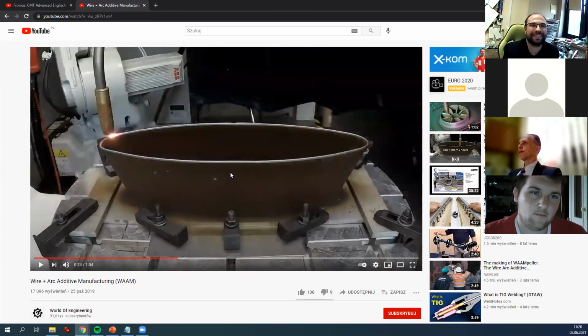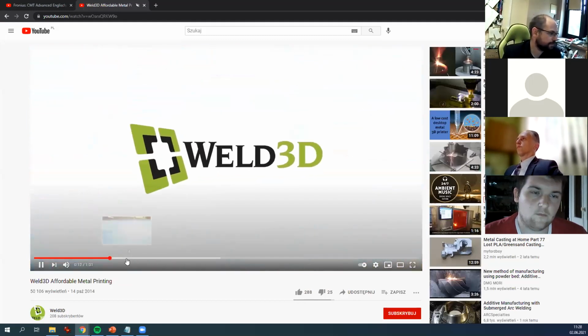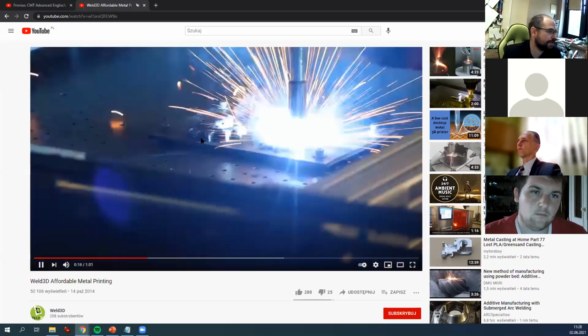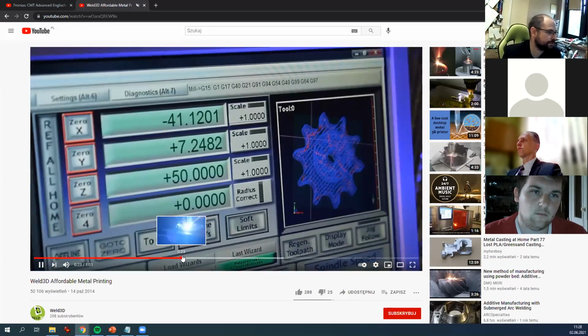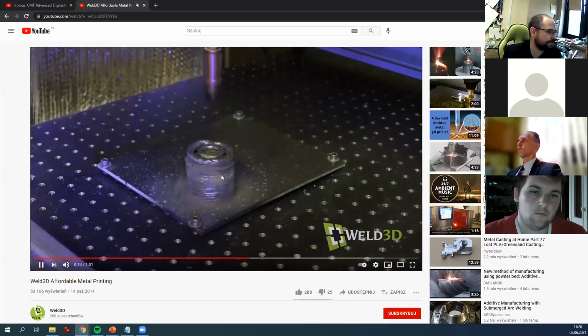That's why you can get very, very small drops of liquid metal, and that's why you can print something like that. But I told you the quality of the surface is not very good, but in some cases it's the only technique to do something like that.